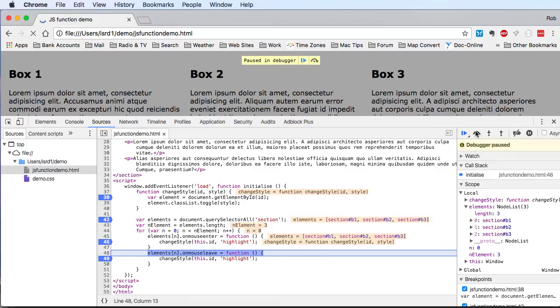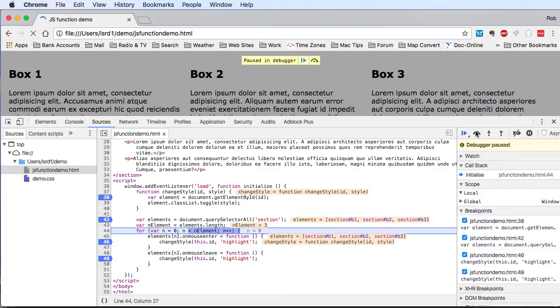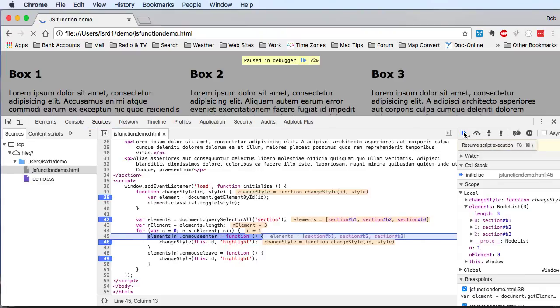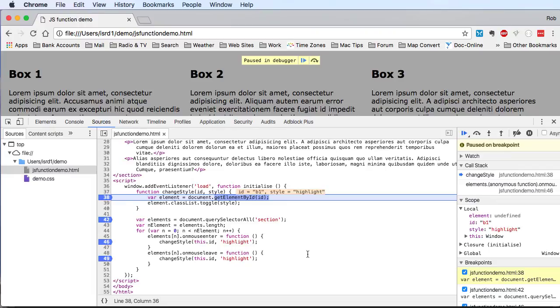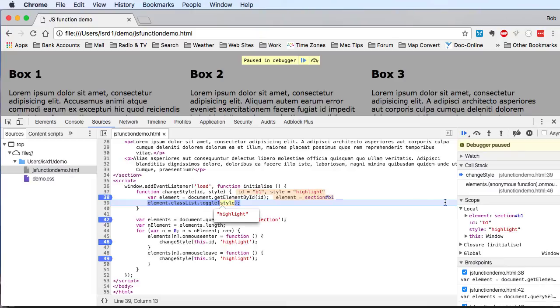So it'll apply that, and then it'll go on to the next n, which is then 1, and it'll do the same again. So let's see what happens. Mouse over, and so what it's doing, look, is calling a change style with this thing's ID, which is b1. So let's step into that function, and now remember I passed in b1, so ID now has the value b1, so it will get the element called b1, store it into element, which is that section, and then it'll toggle whatever that style is. Okay, so